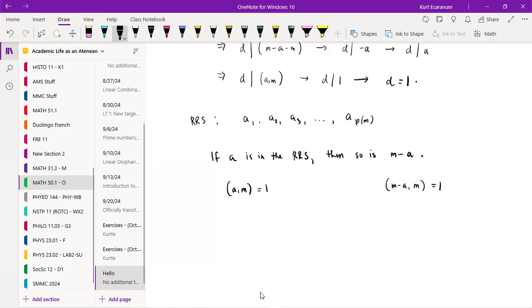And so, ang gagawin natin is we will be forced to say na phi of M will always be even. Okay? Always be even in the sense na we can partition the reduced residue system, di ba? Partition this into